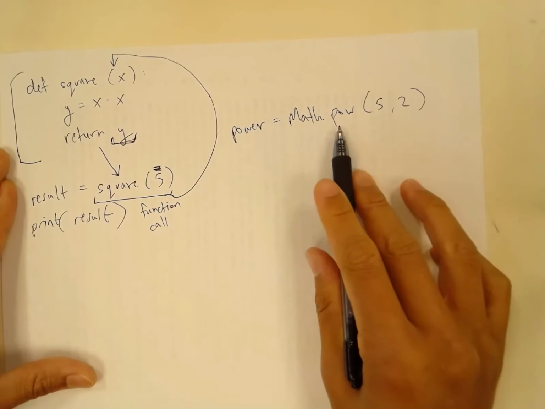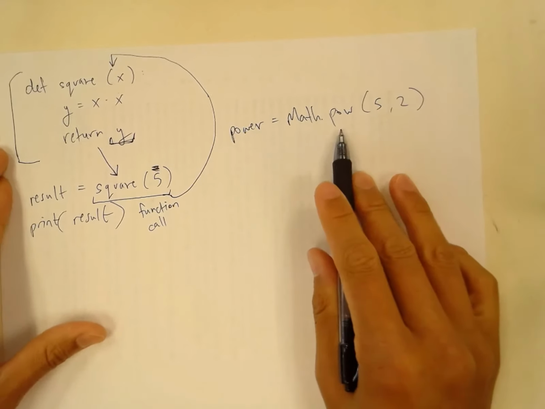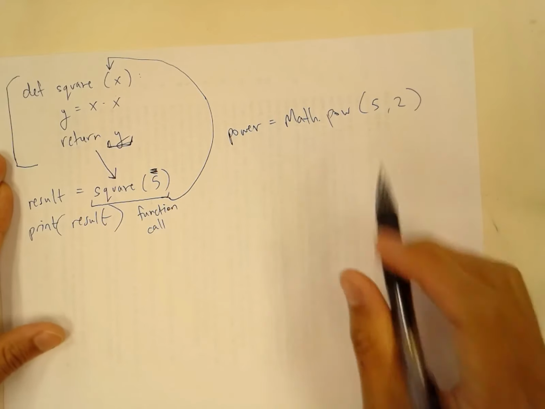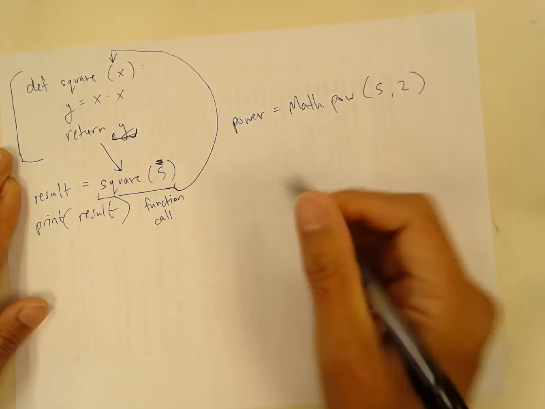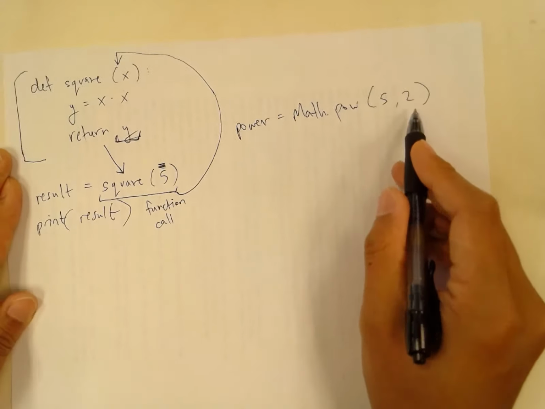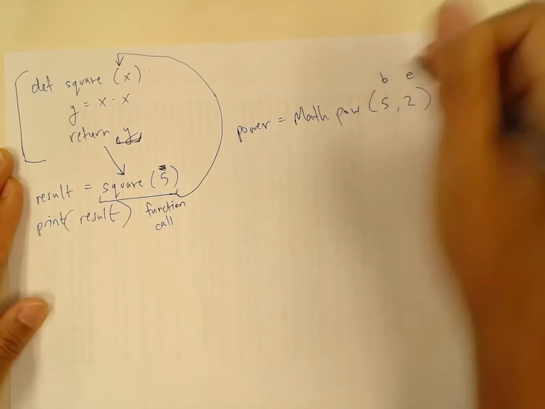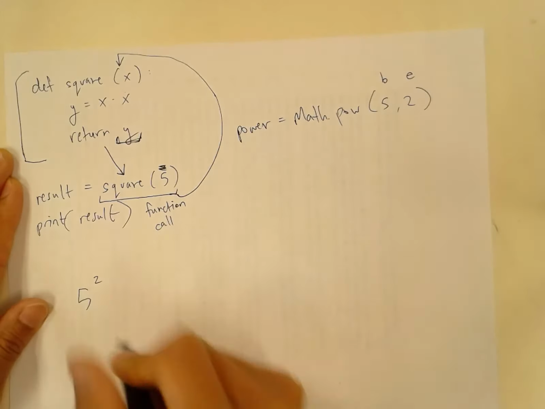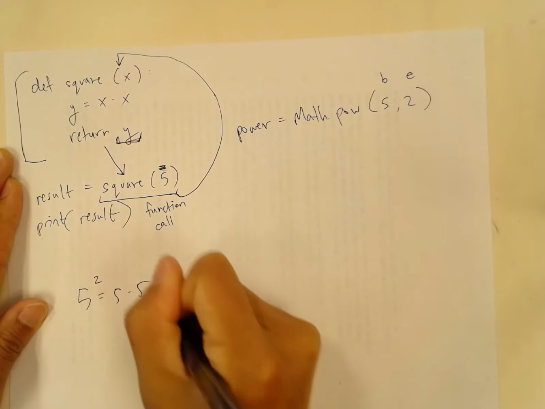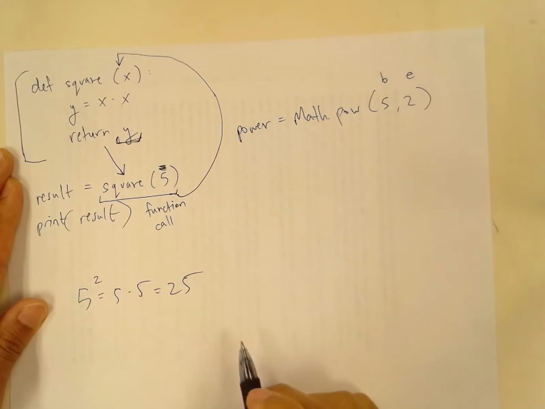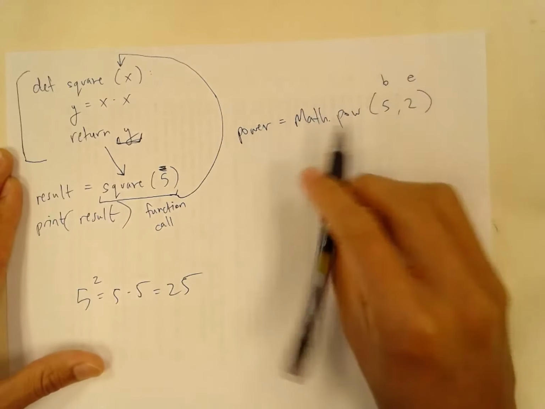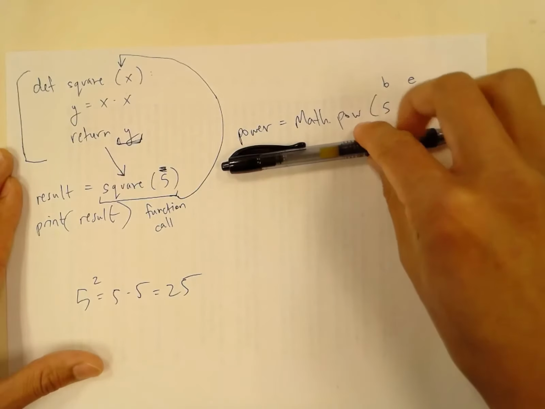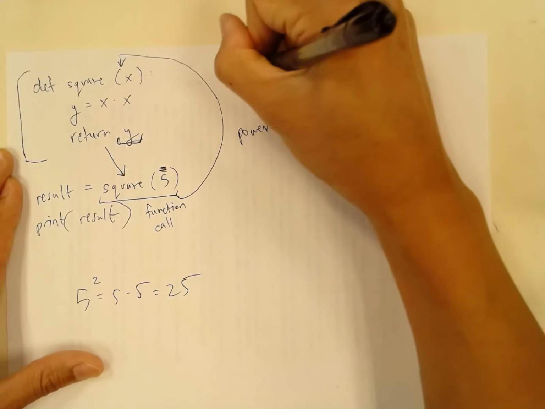What is this doing? Well, this is a math function that is calculating power for us, right? And what is power? Well, the first argument is the base, and the second argument is the exponent, so it's 5 to the 2, right? And that's equal to 5 times 5, and that's equal to 25, right? So what's happening in our program when we do this? Well, we imported math,